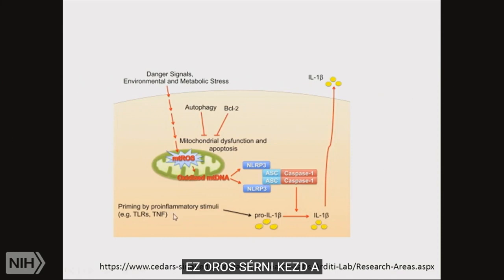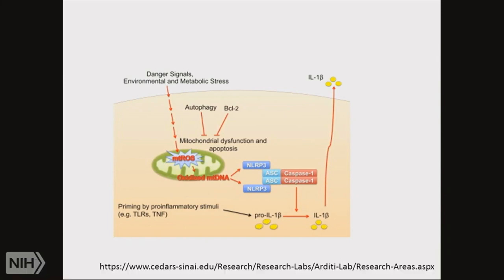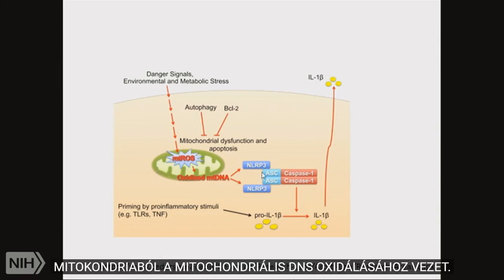And one of the last things I'll show you here in the actual redox biology is that the inflammatory cytokine IL-1 is also directly tied to these processes, because once we start to mess with mitochondrial function, either directly by NO or by turning off aconitase, ROS production out of the mitochondria leads to oxidation of mitochondrial DNA, and this